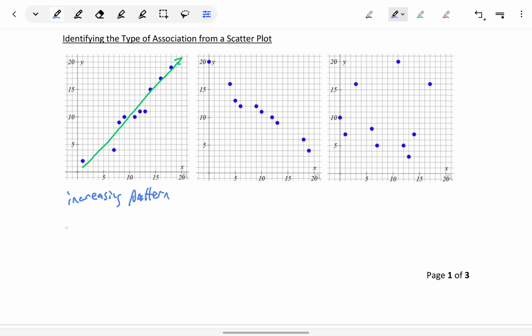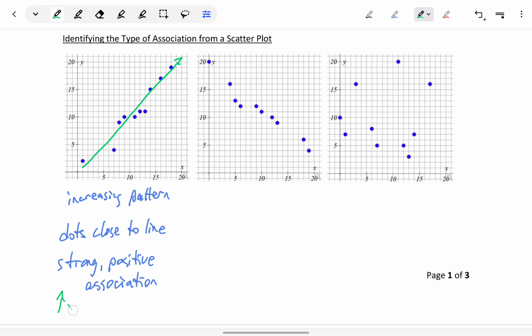We can also see that the dots are close to that line that we sketched in. We refer to behavior like this as a strong positive association. What that means is that as our x values are increasing, we also see our y values increasing. And we say that it's a positive association, and we say it's a strong positive association because